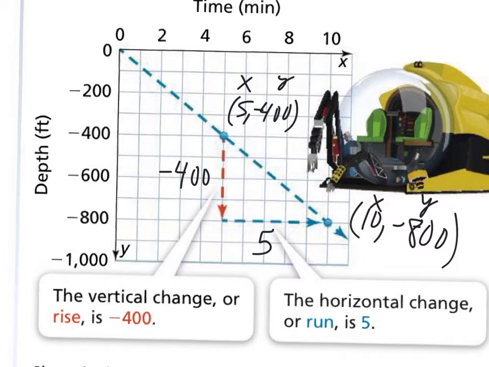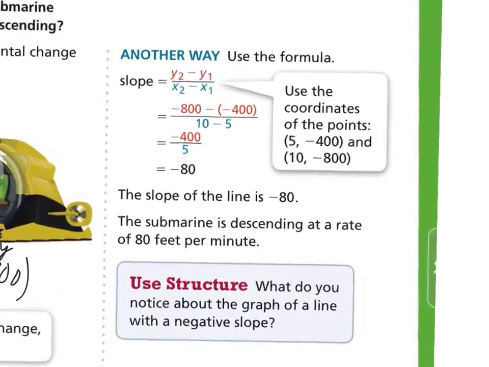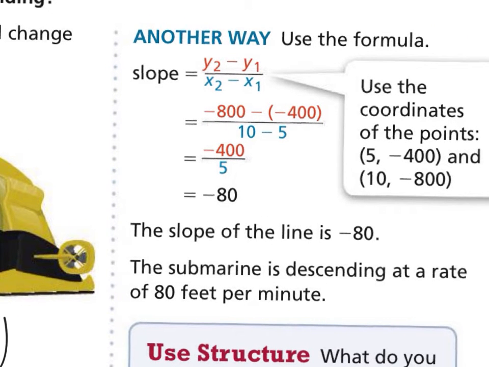So again, that's why I don't call it rise over run, because this one's falling and then running. So change in y is negative 400, change in x is 5. And then if you look off to the side where they worked this out, they've got this as negative 400 over 5, and then when you divide that out, you get negative 80. So the slope of the line is negative 80,